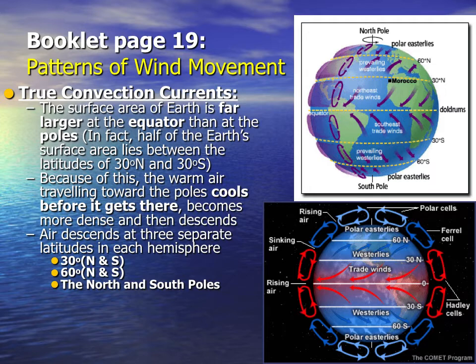So a big thing to think about here is that the surface area of the Earth is far larger at the equator than at the poles. Because of this, the warm air traveling towards the poles cools before it actually even gets there, and it becomes more dense and then descends. So air descends at 3 separate latitudes in each hemisphere. So we're talking 30 degrees, 60 degrees in the north and south poles. So that's why we have these three